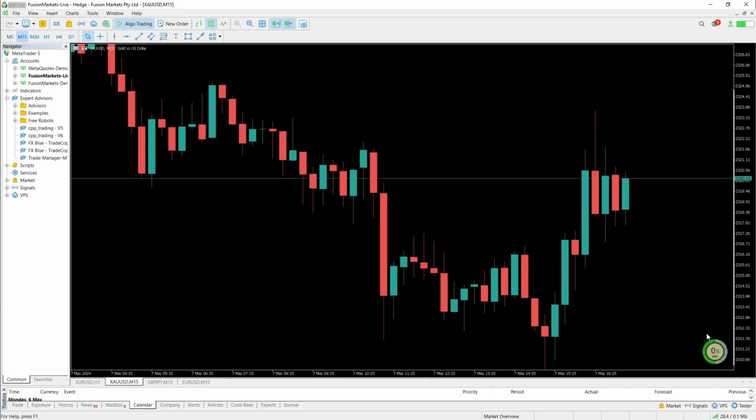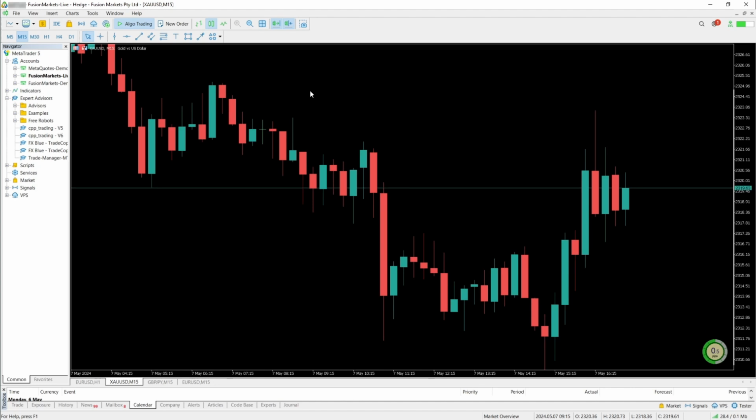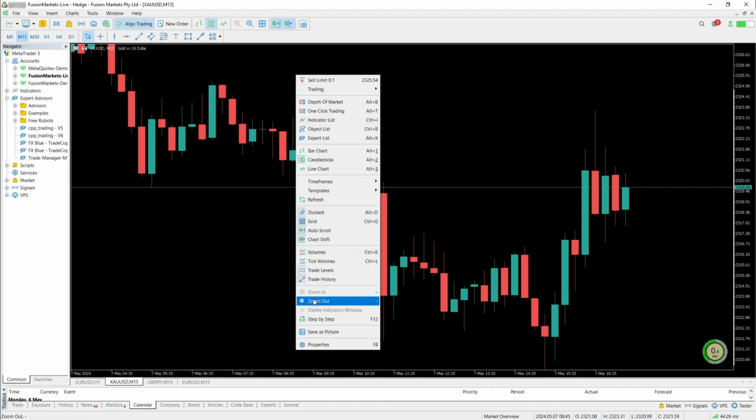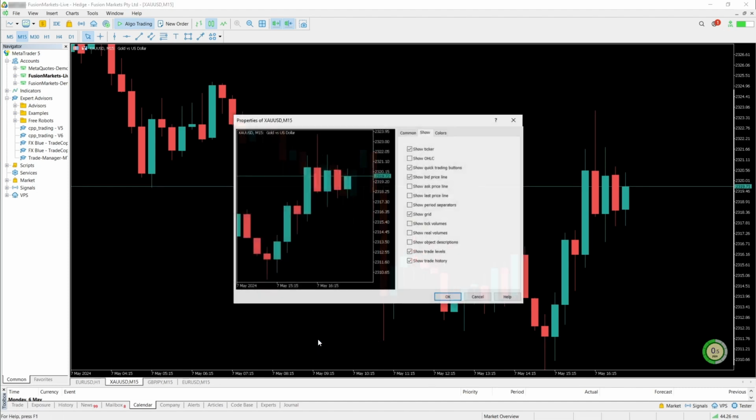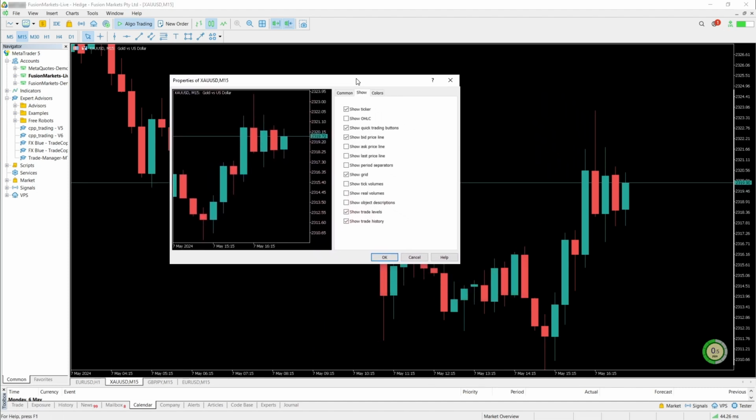To see the spread, we don't need to install an EA. We just need to go into the settings to enable both the bid and ask price line on the chart. And this is how you do it. You right click on the chart, you go all the way down to properties, and then on show, you see that,